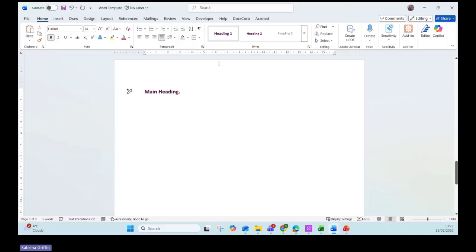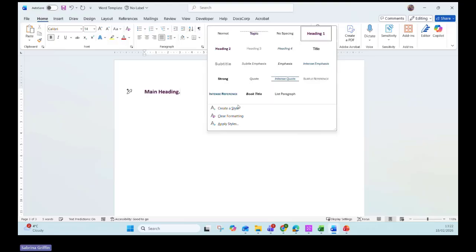Okay, so I've started with my heading 1 style. I've typed in the text that I want to use as a placeholder so that when people are using this template, they can see, okay, that's my heading, that's what I can use as my heading style. What I can then do is I can click this drop down and I can click